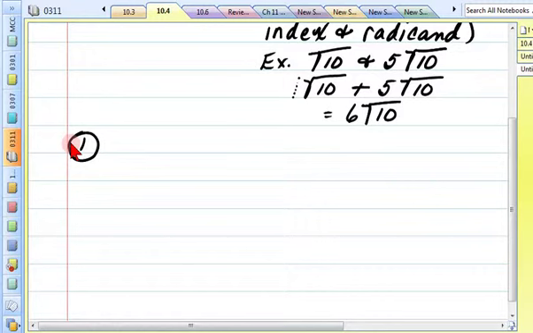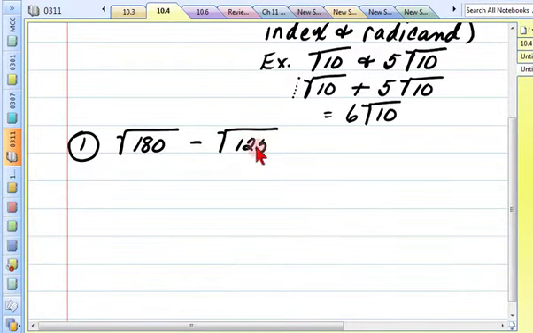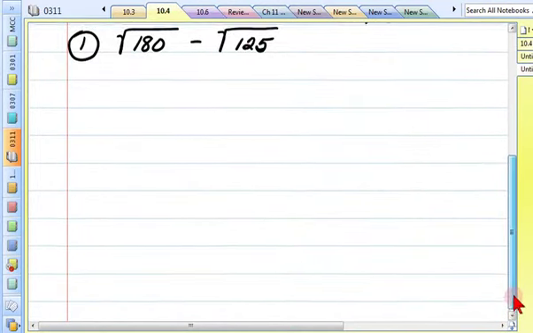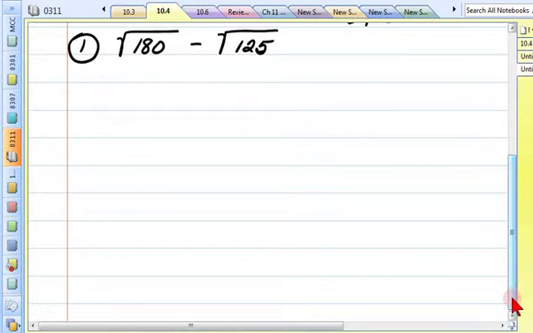It says, subtract. Simplify by collecting like radical terms if possible. And the problem is the square root of 180 minus the square root of 125. Now, right now, those are not like radicals. So I'd have to stop and say, I'm sorry, I can't do anything with those. Maybe if I simplify them, I'll get some like radicals. So I'm going to drop down here,